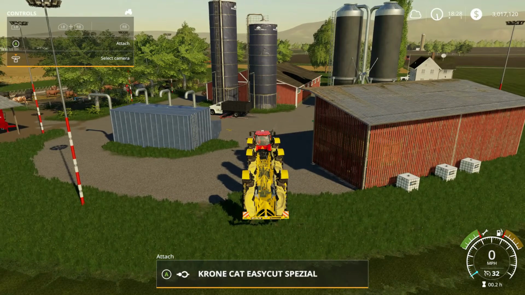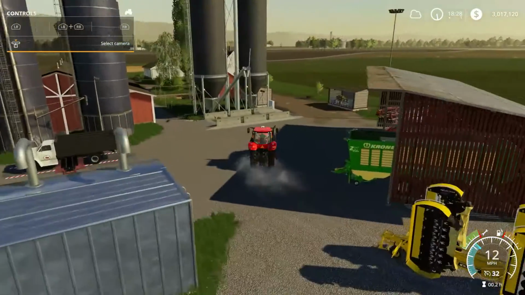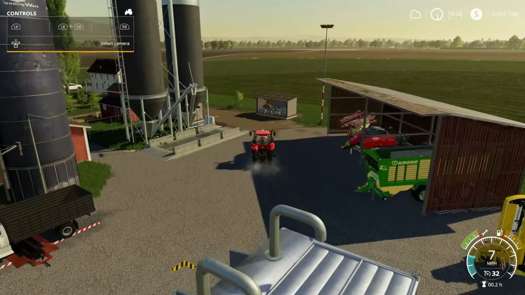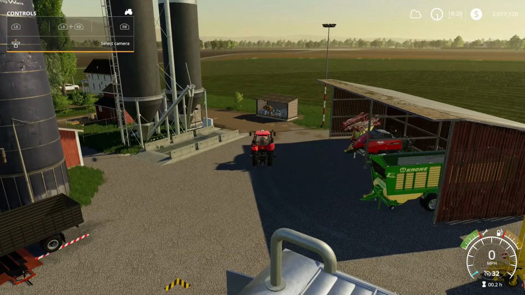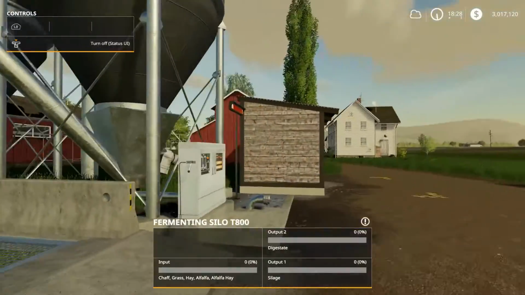So with that, let's start figuring out our next steps here. We're going to do some tedding and, of course, some windrowing. I'm not going to ted it all, like I said before. I want to leave some of it as grass to put into this fermenting silo, which, by the way,